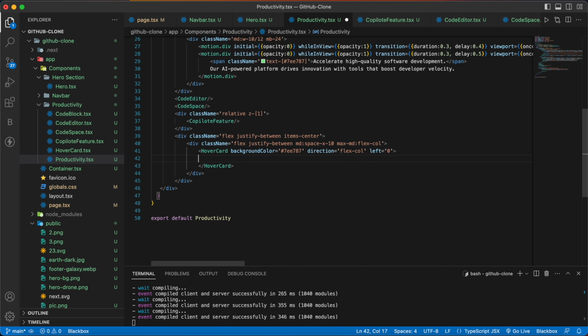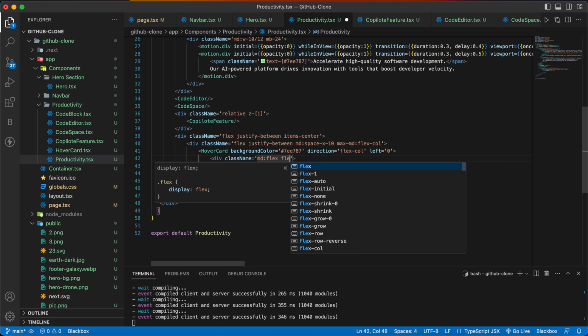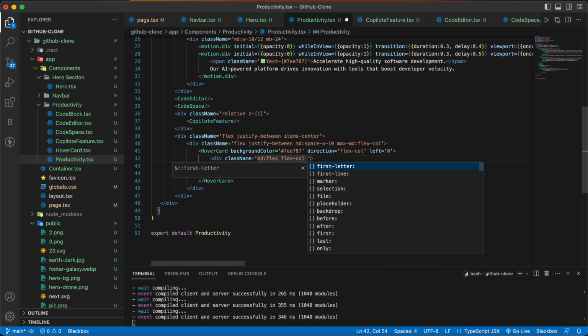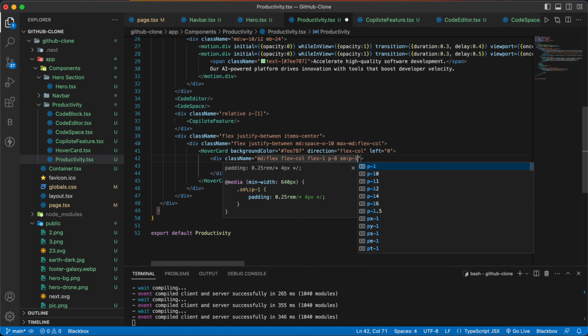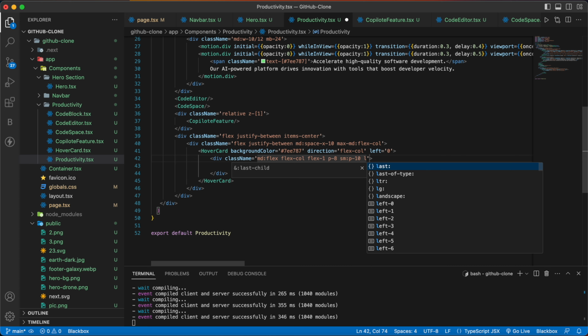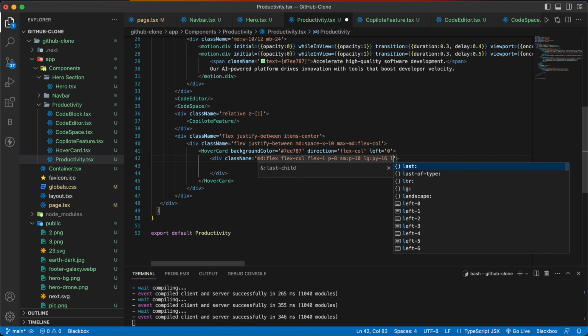And inside this card you're going to have a div with the class name md flex, flex col, flex1, p8, sm p10, lg py16, lg pr32. And then inside this div